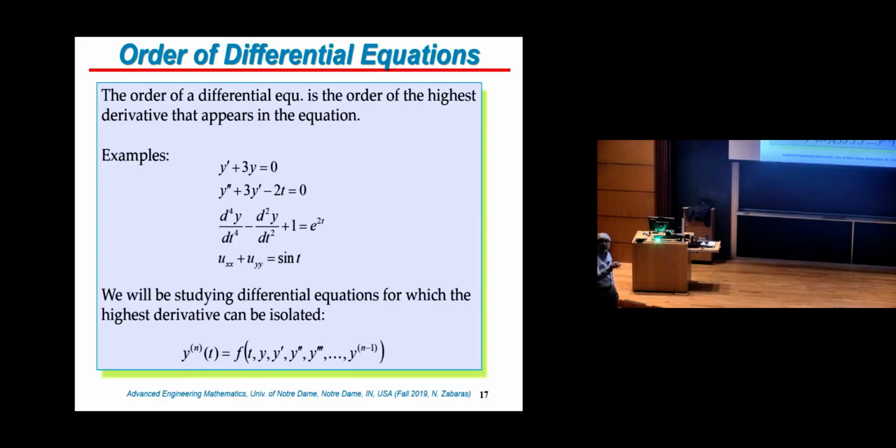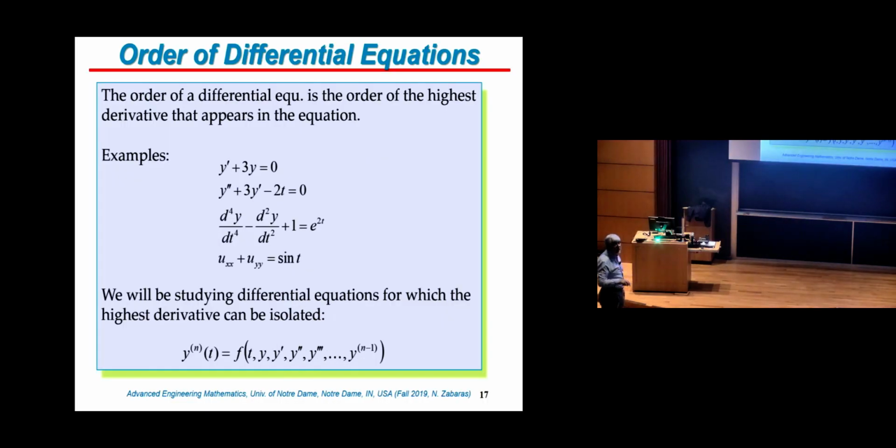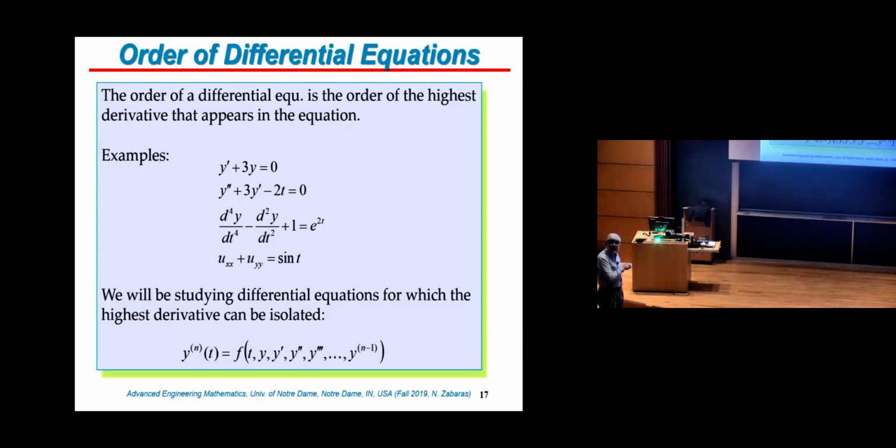Polynomial, you said? So you would like to have a combination of all of these derivatives, but the coefficients in the combination cannot be functions of y. For example, the coefficient on y cannot be a function of y prime, y double prime, etc. It has to be a function of time only, or constant. Okay? So in the general case, if the coefficients of this combination of derivatives are functions of time, this equation is still a linear equation.